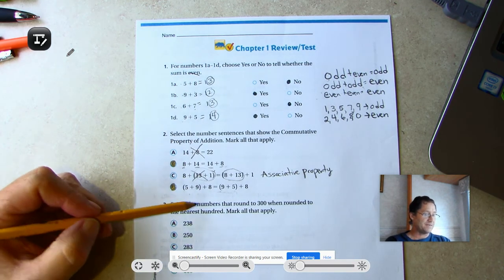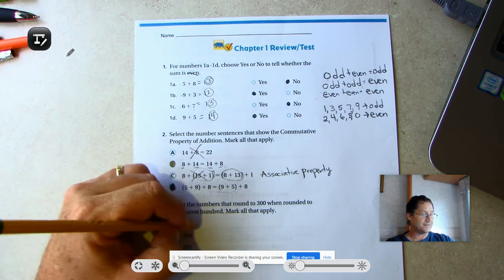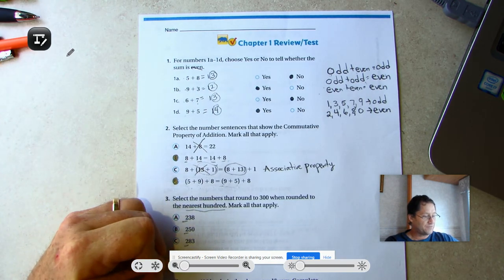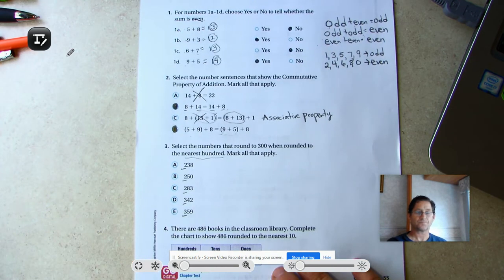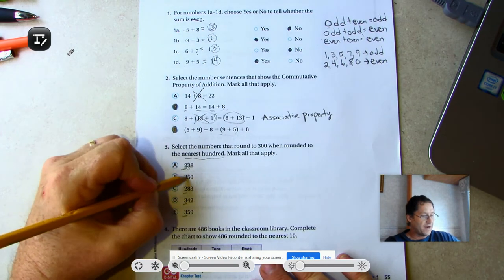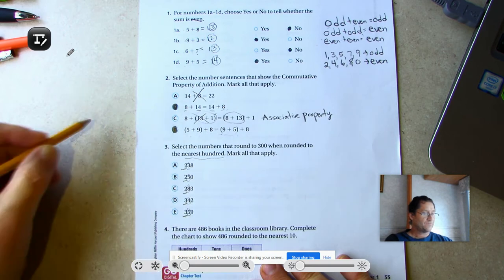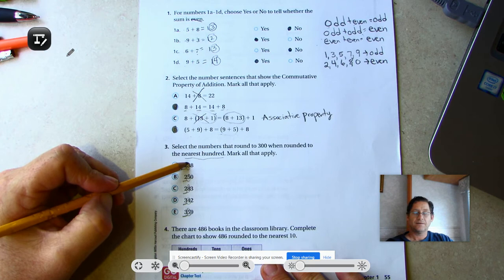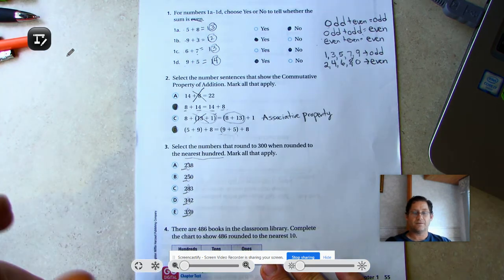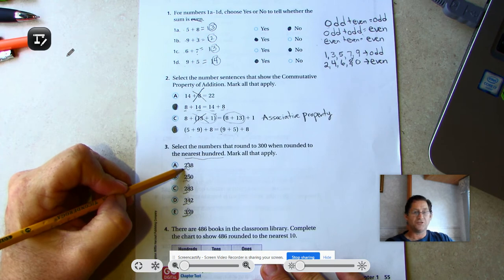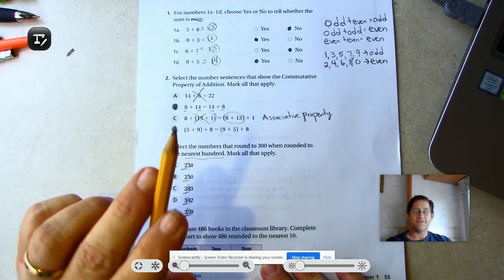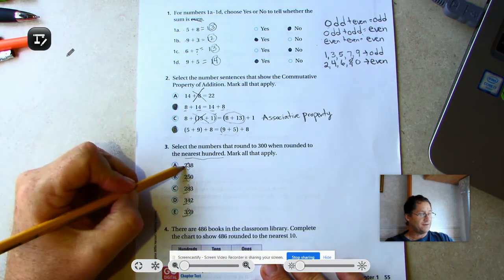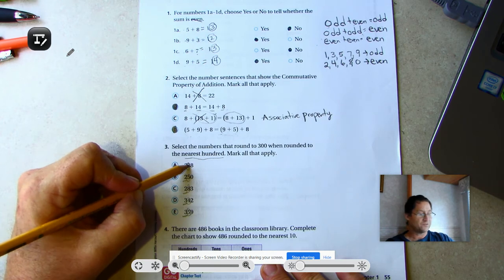All right, select the numbers that round to 300 when rounded to the nearest 100. Okay, so we're going to underline the place we're going to round to. We're going to circle the digit to the right, and that's the tens place in all of these numbers. If the tens place is 5 or greater, increase the hundreds by 1. If it's less than 5, keep the digit that's in the hundreds place the same. All right, so this one is less than 5, so I'm going to keep it